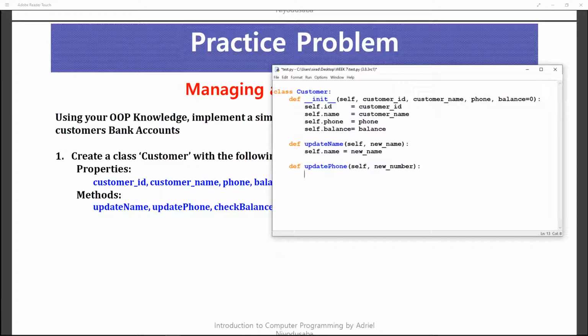And all it does is it sets self.phone to the new number. The third method is the check balance. So we define check balance, accept self and nothing else, just need to return the balance. So it's return